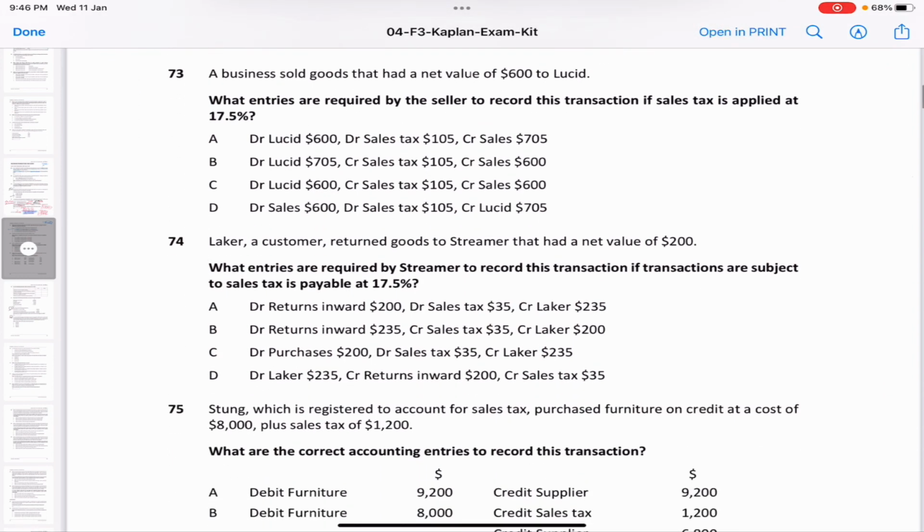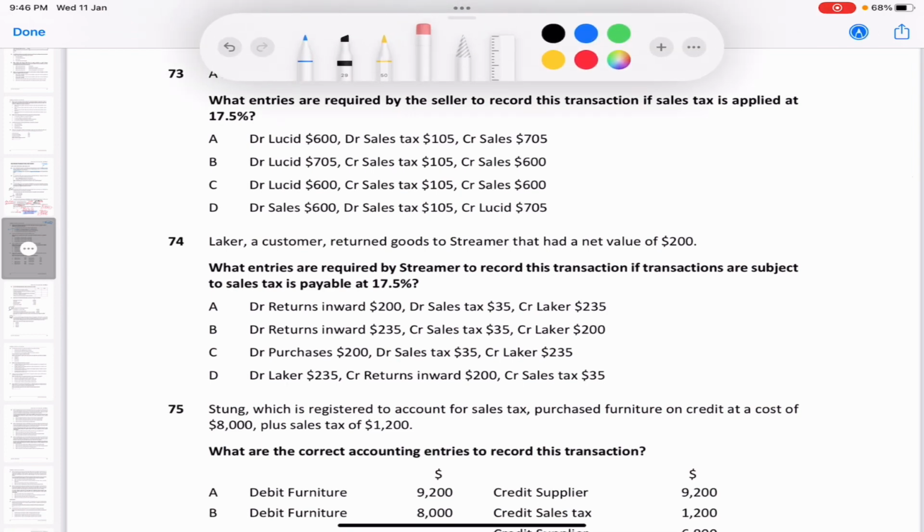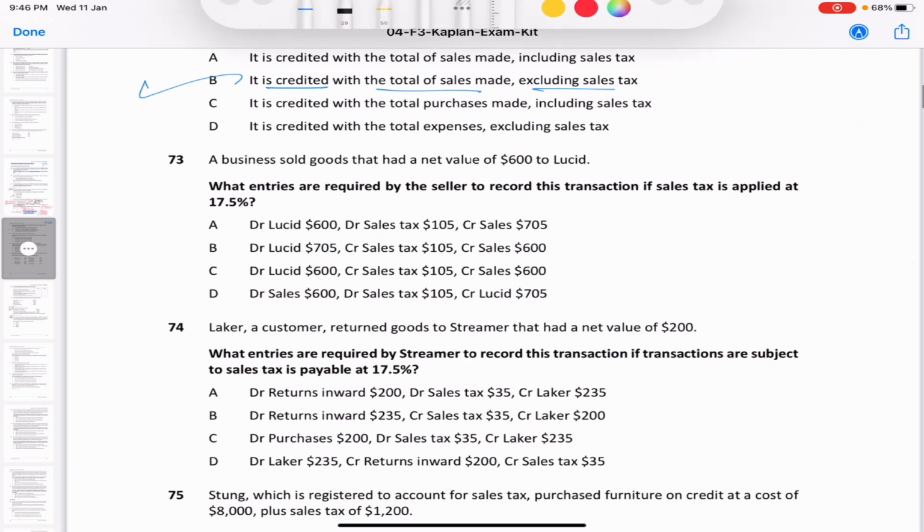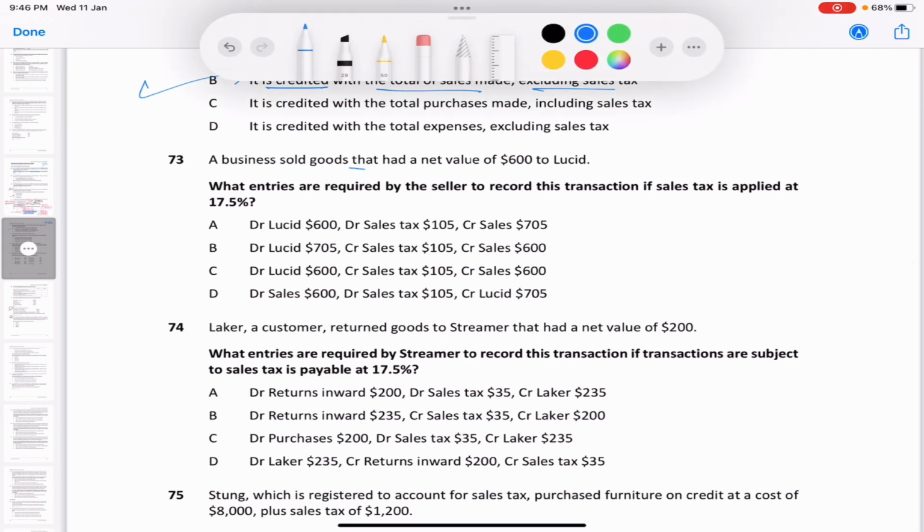A business sold goods that had a net value of 600 to Lucid. Okay, net value was 600. Let me just underline that. Net value of 600. What entries are required by the seller to record this transaction if sales tax is applied at